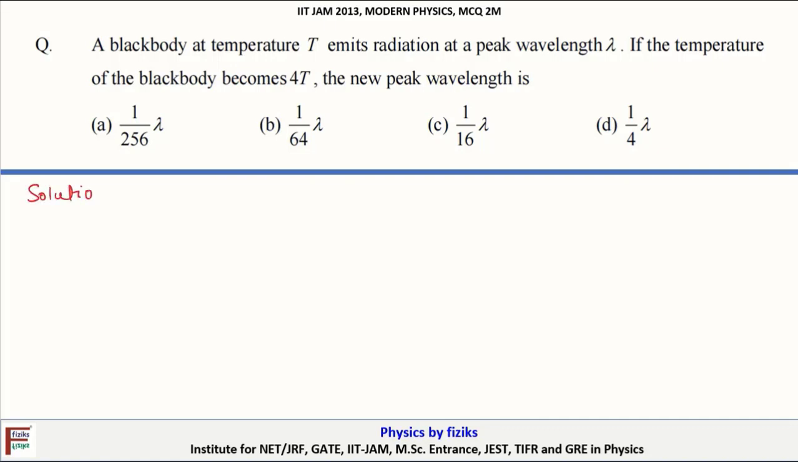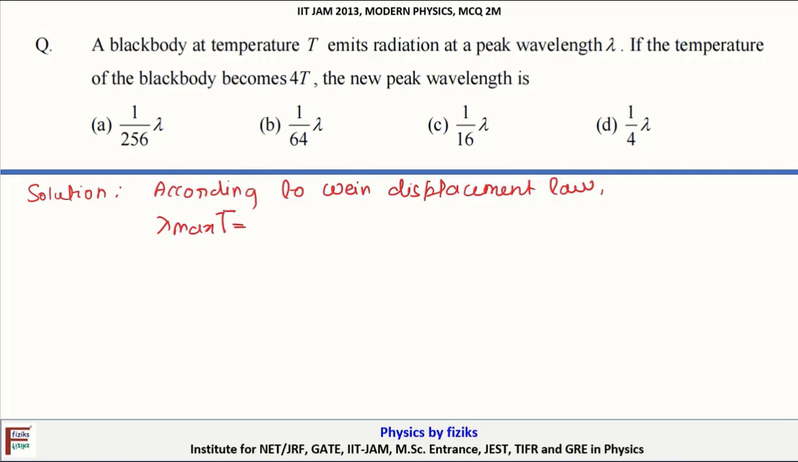Solution. According to Wien displacement law, lambda max into T is equal to B, which implies lambda max equals B by T, where B is equal to 2.897 into 10 to the power minus 3 mK (meter kelvin). Thus,